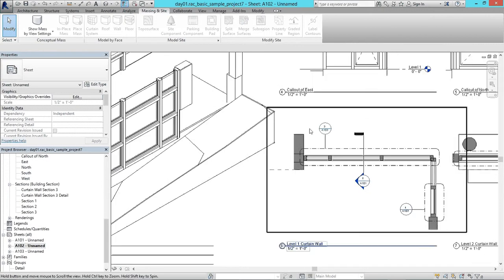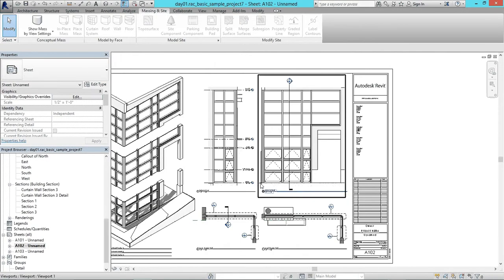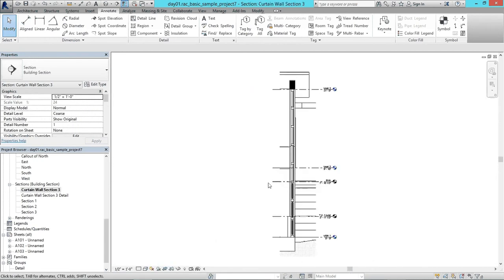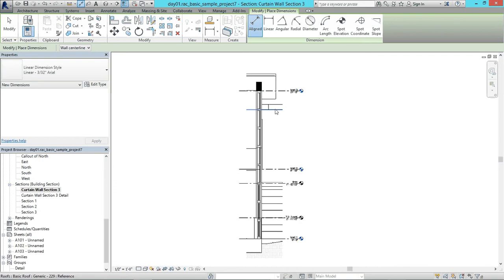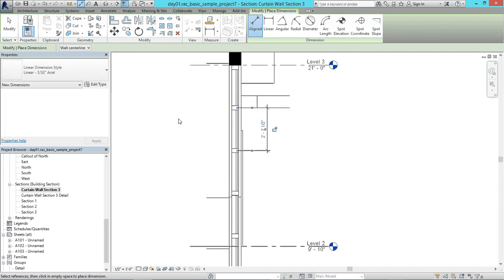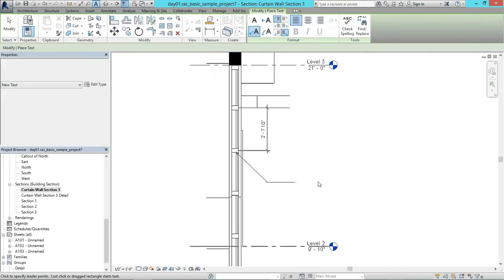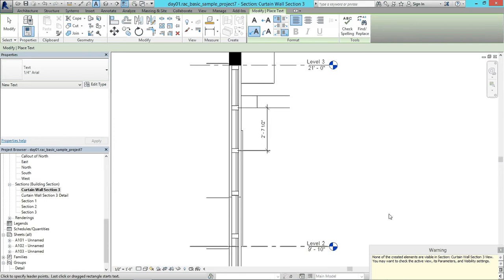So next, annotations. Well, annotations is this tab. This is all elements that regard to 2D components. In a way, whatever you do in a view, let's say you're in this view, or whatever view here, and you start annotating dimensions, for example. All these elements that you create here, such as that, such as text, we'll see these now. These are unique